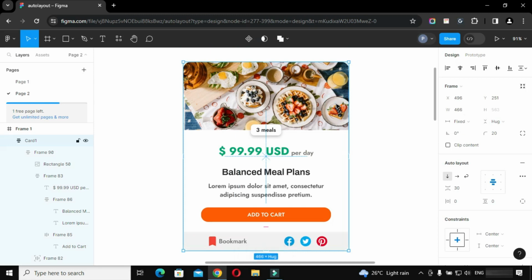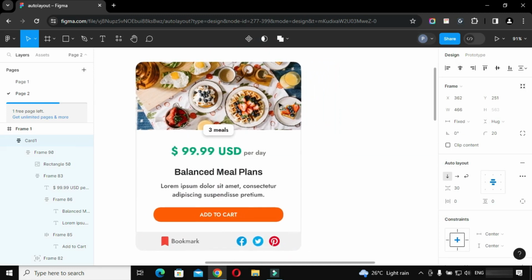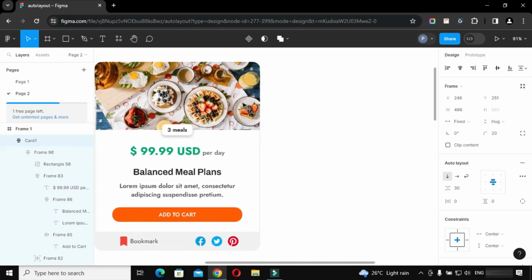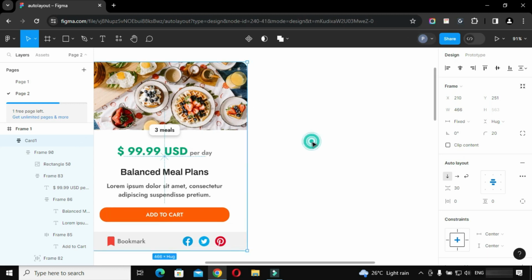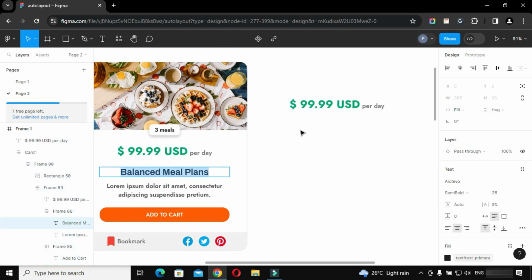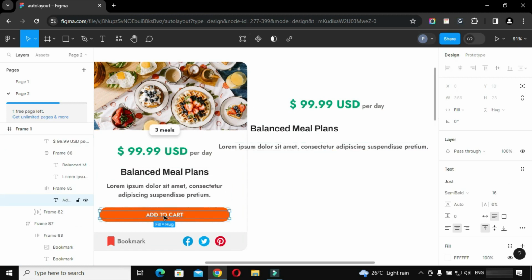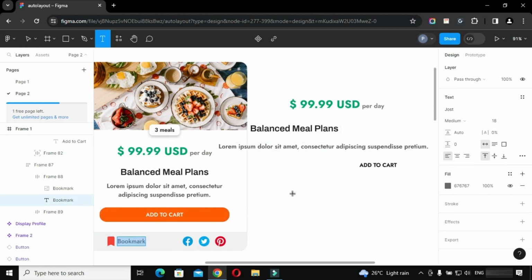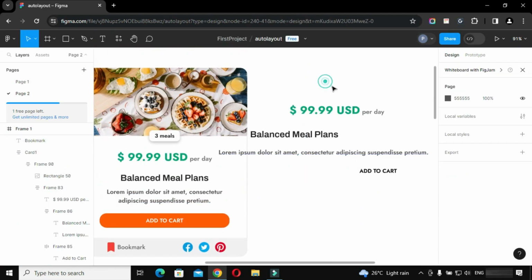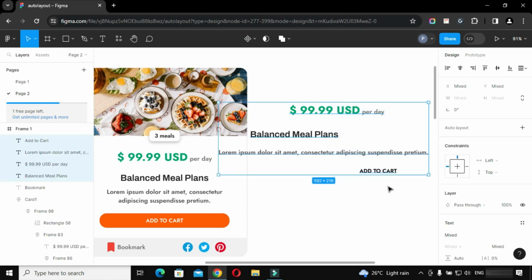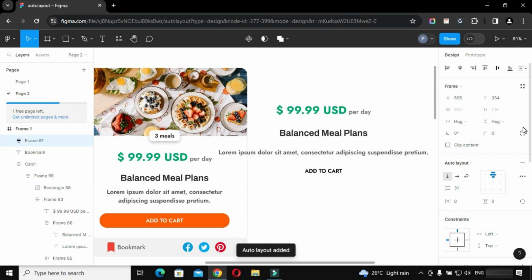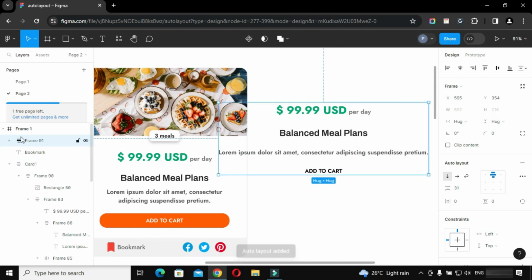Well, this is the responsive card that we have created earlier using auto layout. Let's copy this card text to use in making our new card layout. Now simply select all text and then choose auto layout or use shortcut Shift A. Rename the layer,